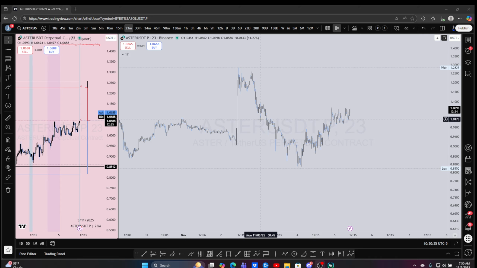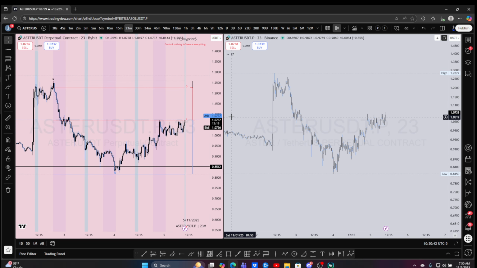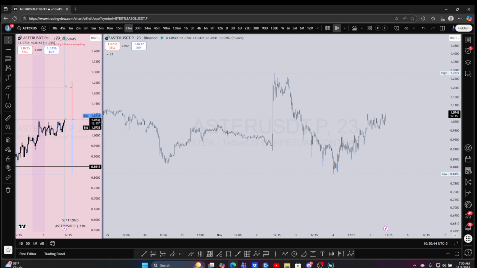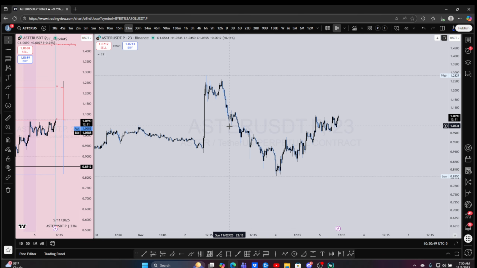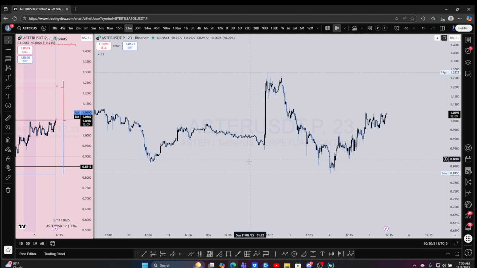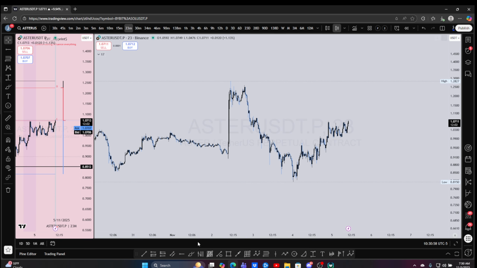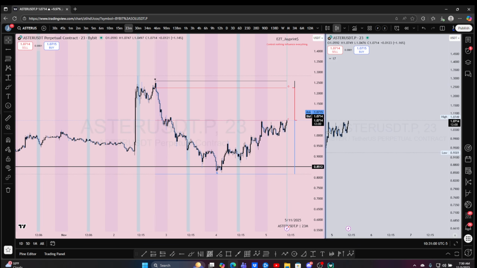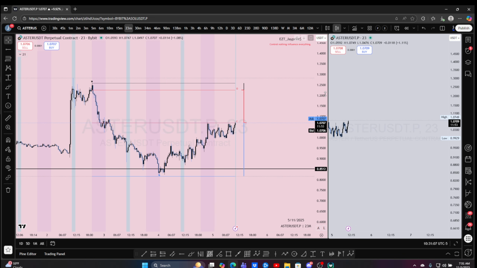Today I'm gonna show you guys some more sauce on time fractal and order flow. So when we look at this chart on Aster here, this is the plain naked chart. Now this is what most people are looking at, right? They're looking at price going up and down on a lower time frame without understanding that it's one candle that's being created on a higher time frame.